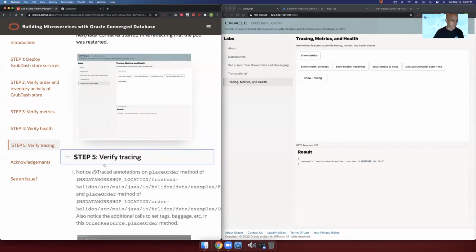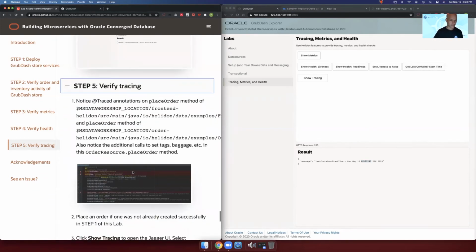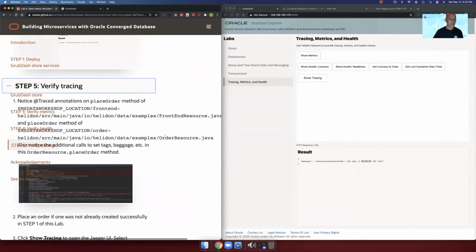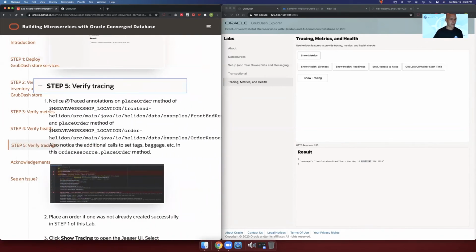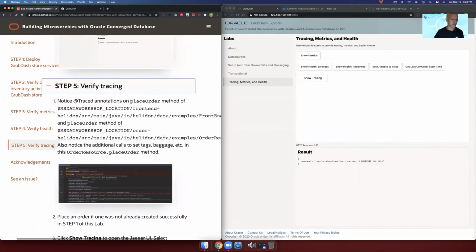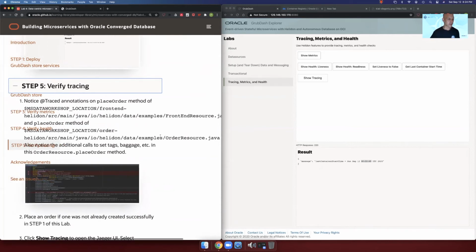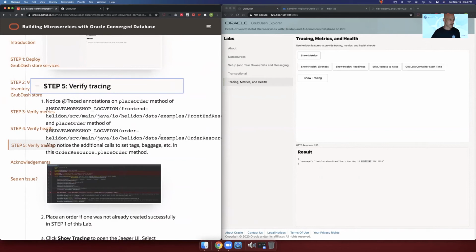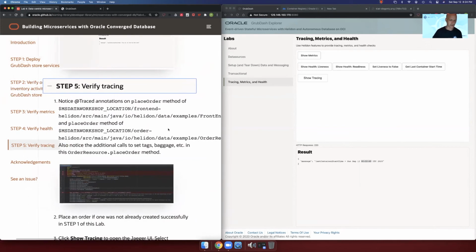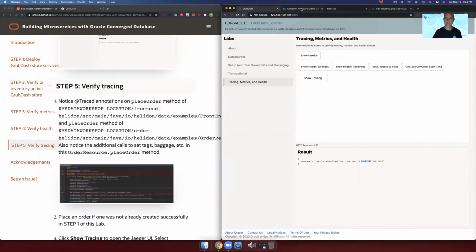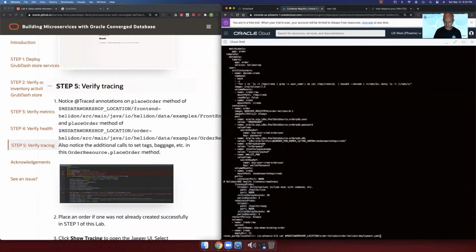And so now we'll go ahead and verify tracing. We'll notice tracing in a couple spots. So we have tracing in the front end and in the order service. And this is so you can see tracing between services, not just the information about tracing in one service. So we can look at both services. Let's go ahead and just look at our order service that we already looked at. So we'll pop back here and